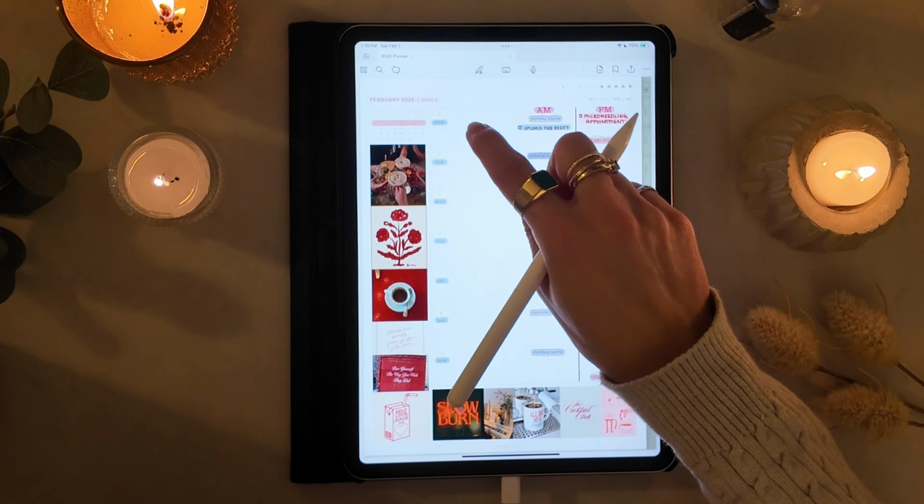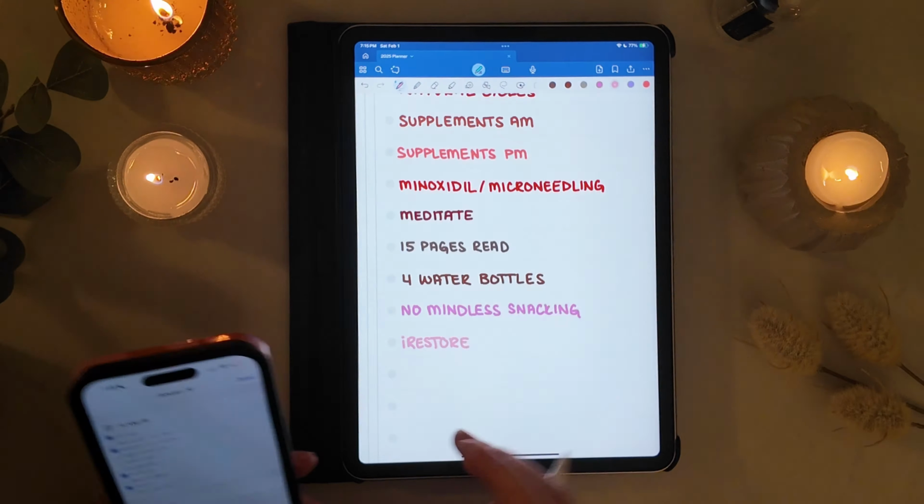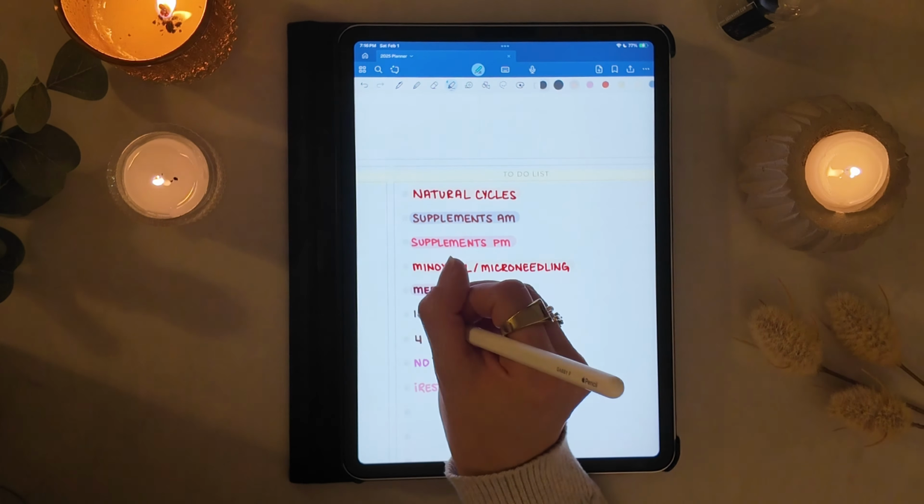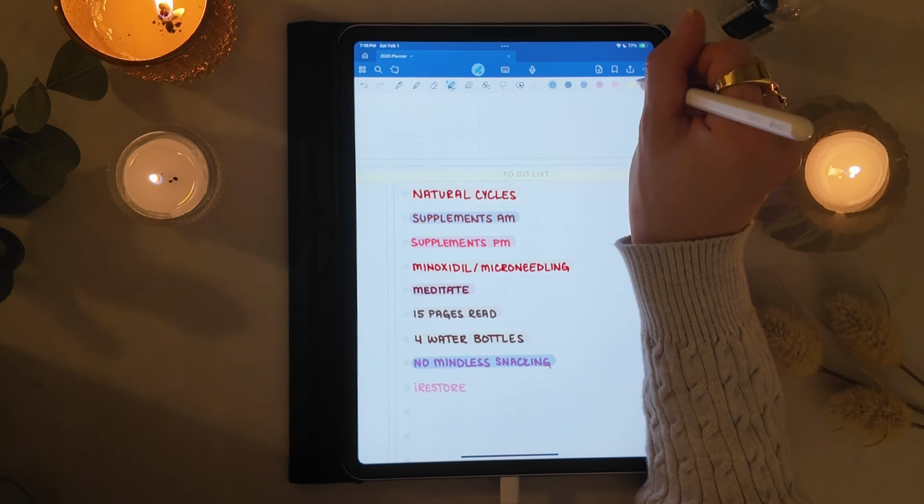Okay, moving on to the daily spreads. I like to fill in the daily spreads as much as I possibly can with a lot of the style for the monthly spread, so that when the day comes, all I have to do is actually add my to-dos. I'm by no means going to be adding all of this artistic stuff into my planner on a daily basis, especially when I'm working. So I like to do a lot of the heavy lifting beforehand,